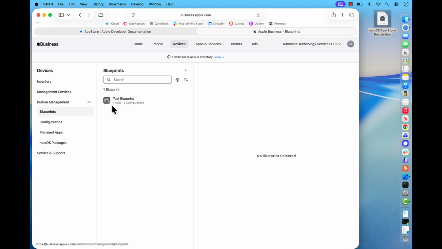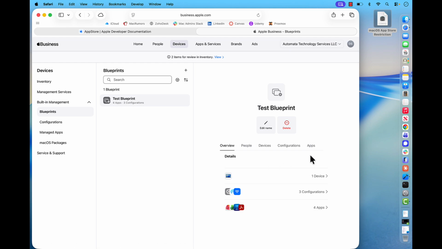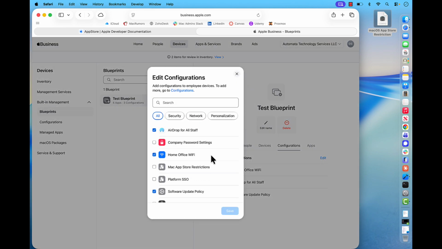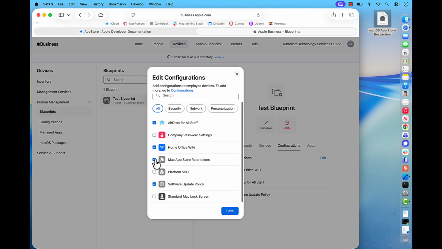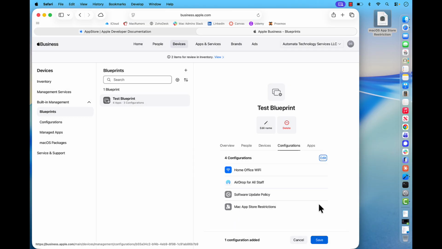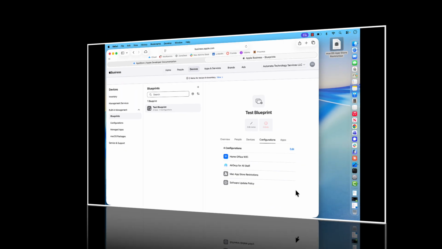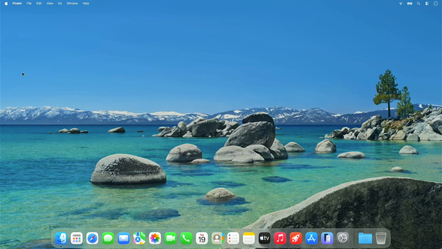So we'll go back to Blueprints, we'll go to our test blueprint, and we'll go to Configurations, we'll hit Edit, and Mac App Store Restrictions. We'll add that one and we'll save it. All right, now let's go ahead and jump over to our test Mac and see how this has actually changed the Mac's behavior. Okay, so we're over here on our test Mac, and one issue we're going to have is